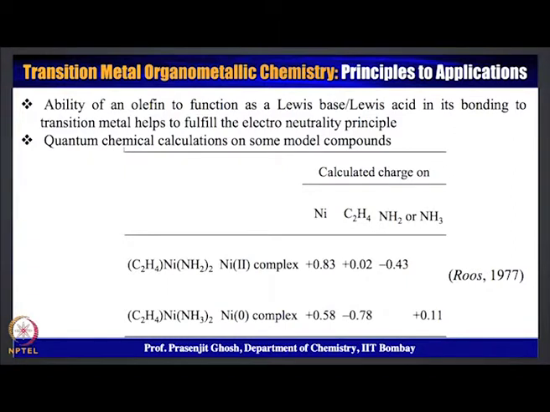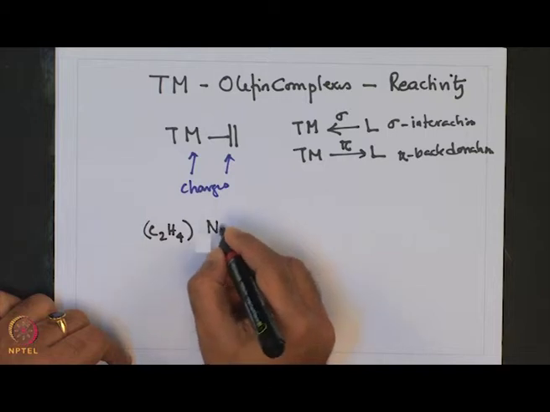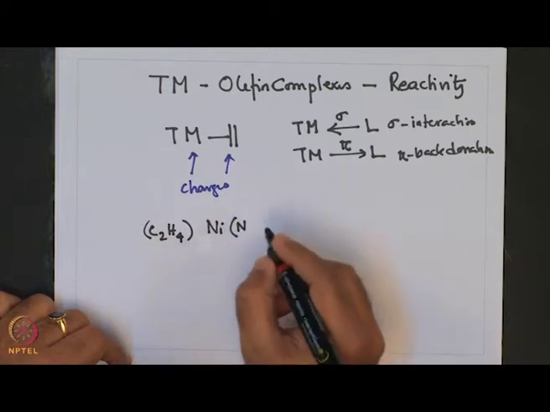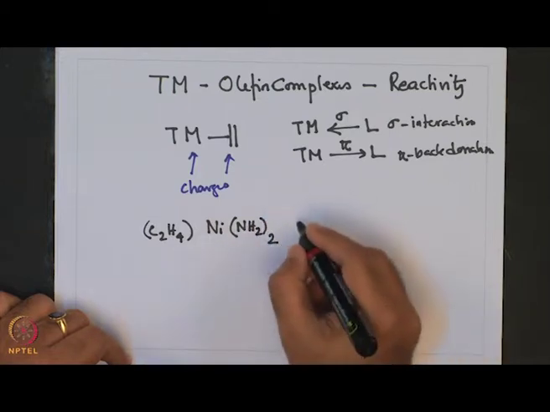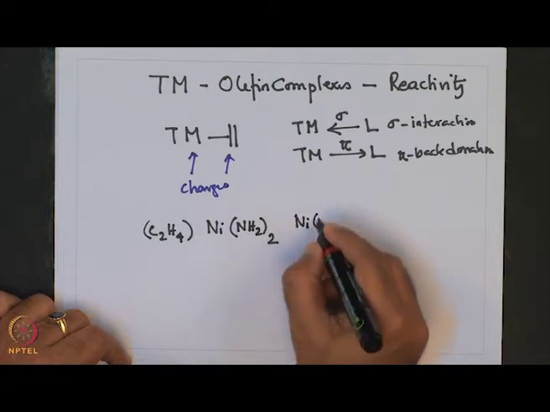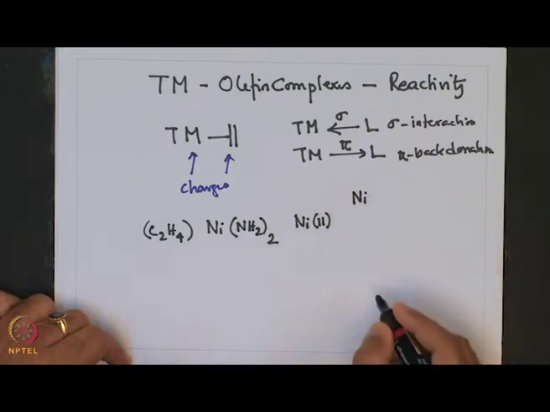And this can be computed using quantum chemical calculations, using simple DFT methods, where one can get an idea of the atomic charges on each of these fragments and moieties. So, for example, take this bis alkene nickel bisamide complex, Ni(C2H4)2(NH2)2, where the oxidation state of the nickel is +2. The charges on nickel,